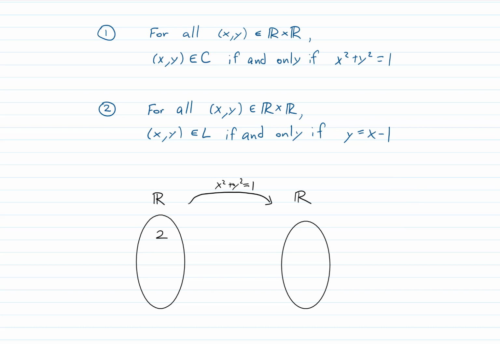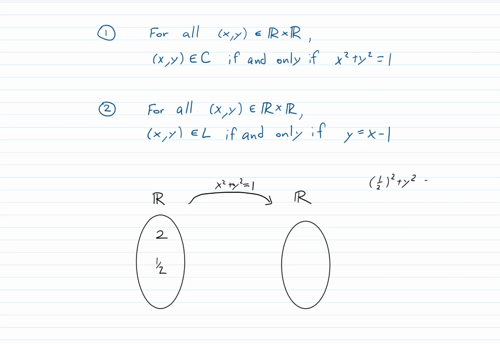But this relation fails the other part of the definition for a function as well. Here, let me just give you an example. If I put here 1/2, let's say, so what should that be related to? Well, let's just figure it out. 1/2 squared